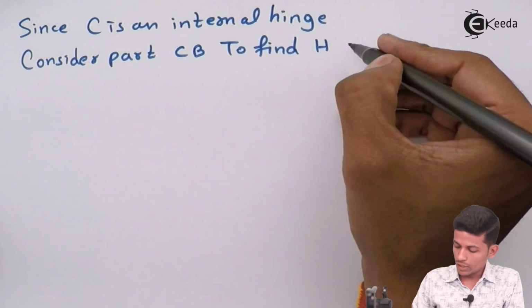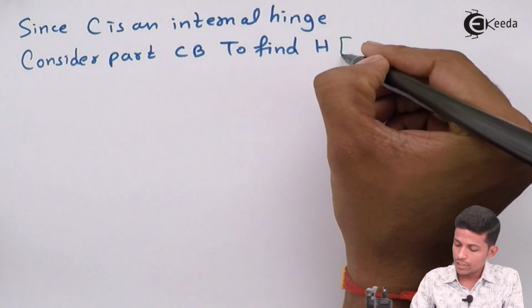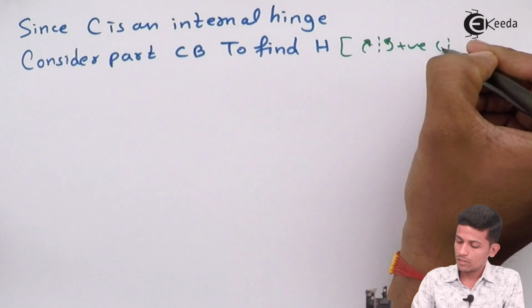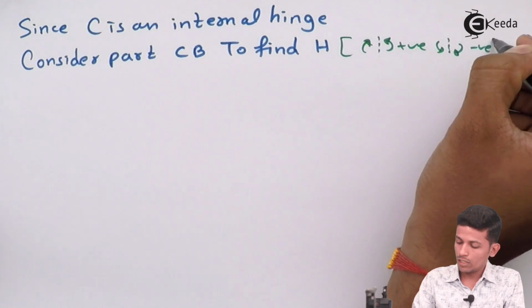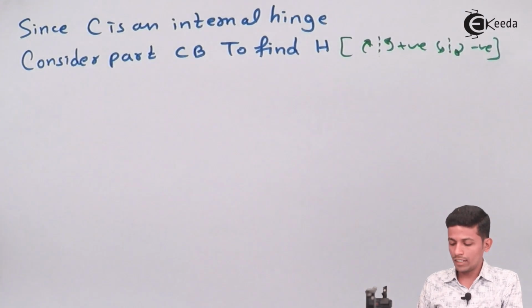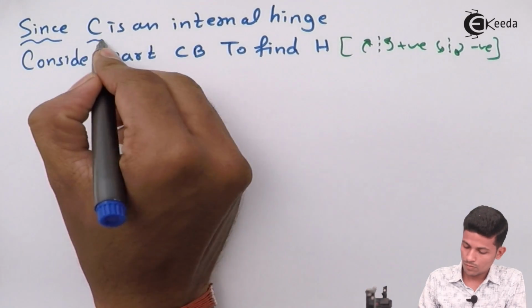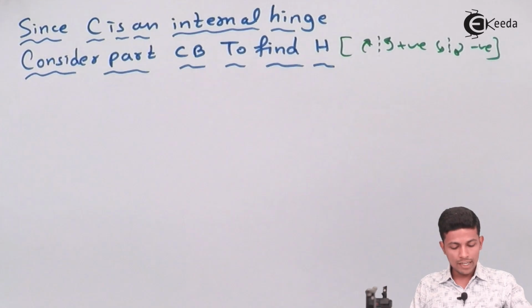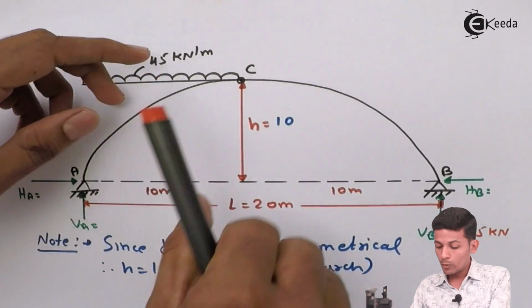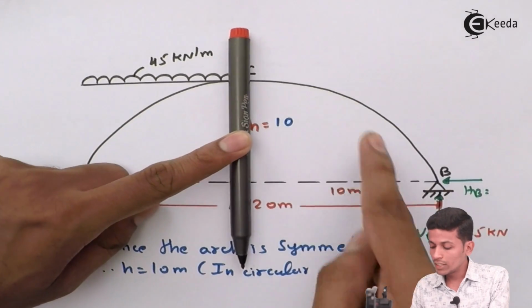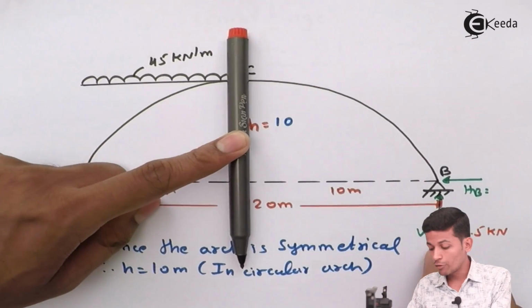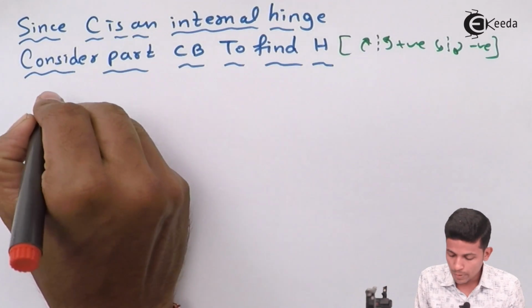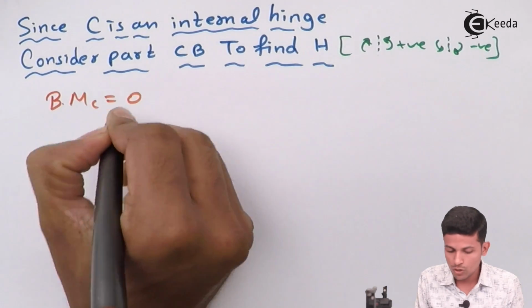Now what is the sign convention you have to follow? The sign convention, as you all know, is sagging positive, hogging negative. Okay, this is the sign convention. Now let's start. Now see, when we are taking bending moment over here and seeing this side, this will go in this direction. So this is nothing but positive 112.5 into this distance, which is 10. So bending moment at C equal to 0,